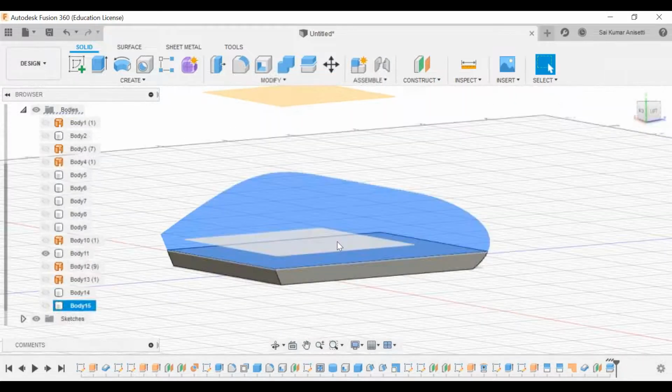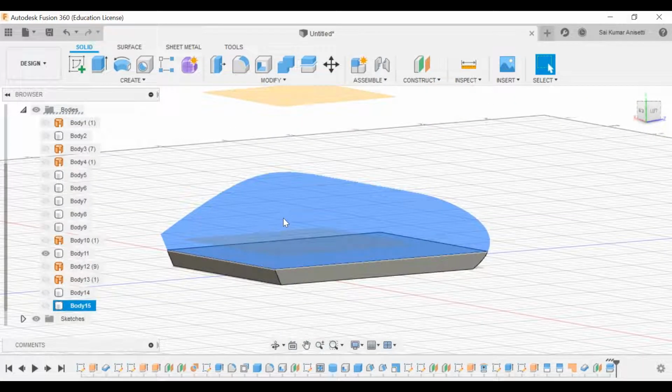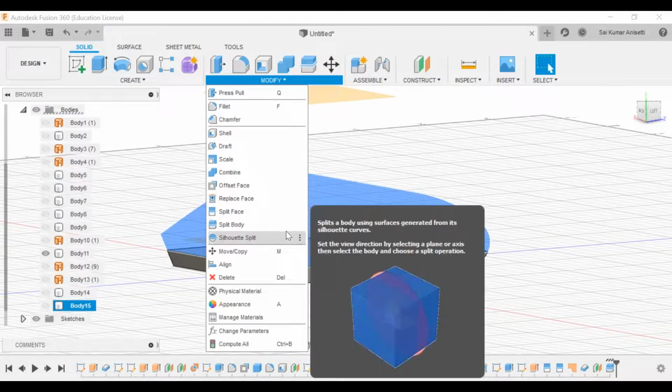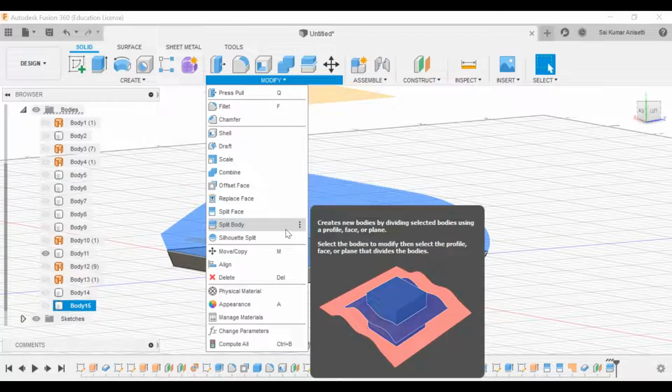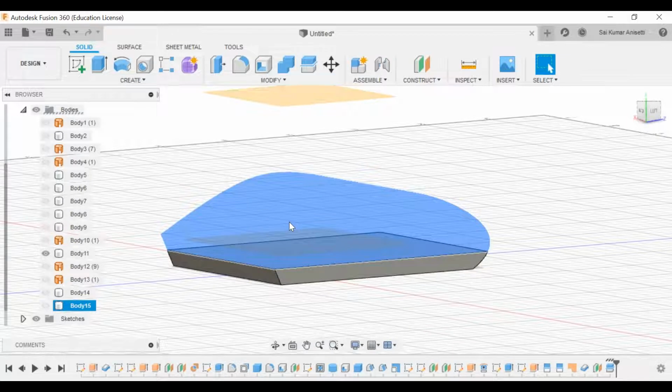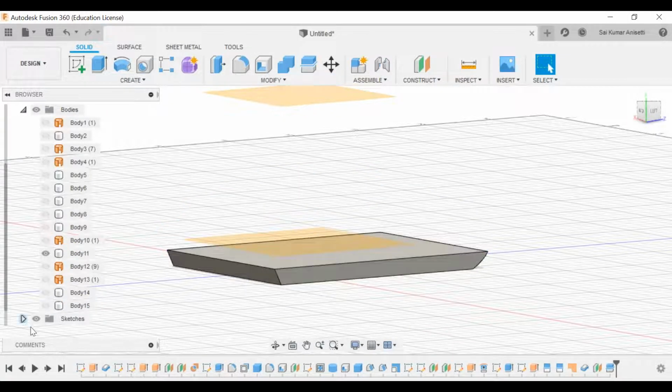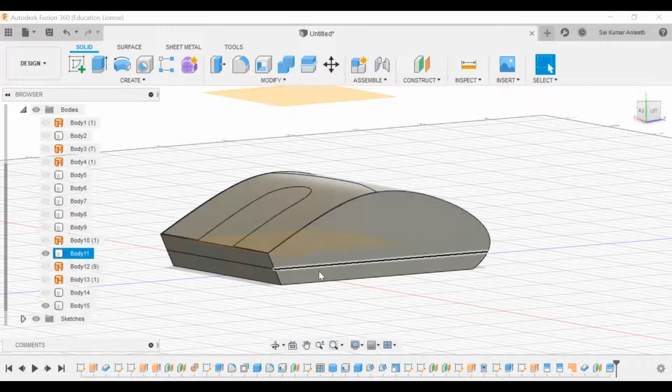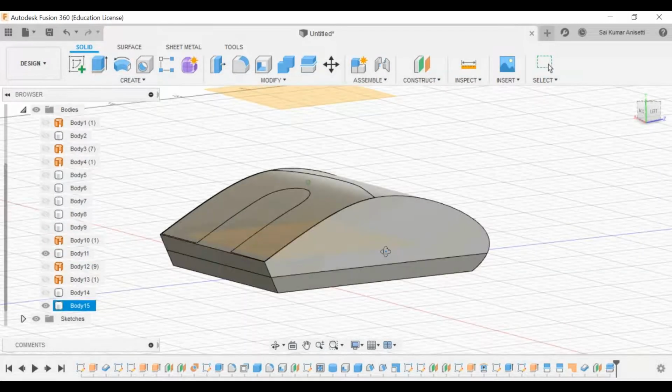After doing your entire design, now you want to make a parting line, like you have in your casting process. You want to split your part into two equal halves. How to do it? This is how you actually do it. Go to Modify, Split Body. That is how you do it in a simple way. Split your entire body or part into exactly two equal halves. This is one and this is two. Now combinedly you will make a simple design.